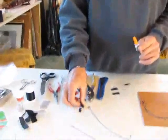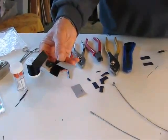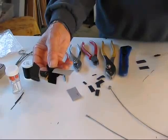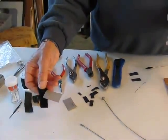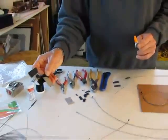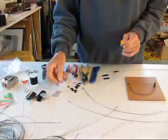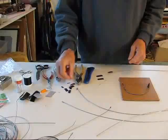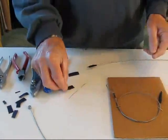So the Velcro, just leftover scraps that have been kicking around. Sometimes you have Velcro on a pair of trousers or a jacket that you buy that you can't get your hand in the pocket because it's Velcro'd together. You take off the Velcro. You keep the grippy side, and it doesn't matter what color it is. We're going to be cutting narrow strips of Velcro,